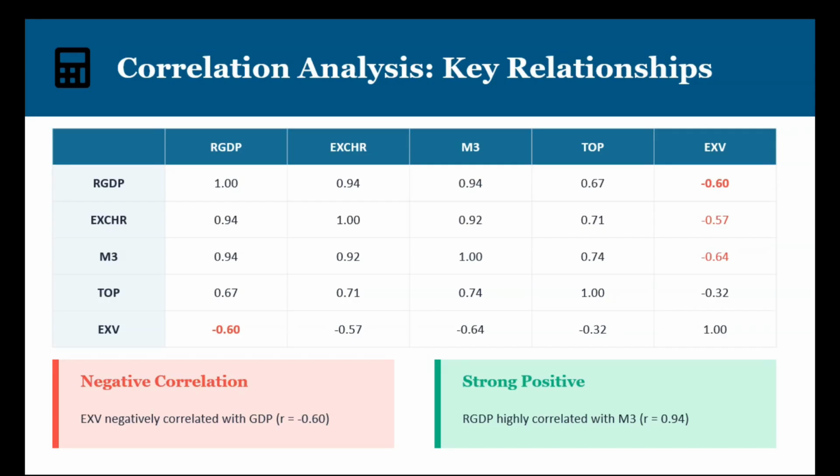Let me see. So the money supply there in the exchange rate. The real exchange rate with the money supply, 92. Let me check whether this is the volatility, because we have two exchange rates, this one and the other one. This one is the volatility, V, but this is the normal one. With the normal exchange rate, the GDP is positive. It means as long as the exchange rate is increasing, the GDP also is increasing. When the exchange rate is decreasing,